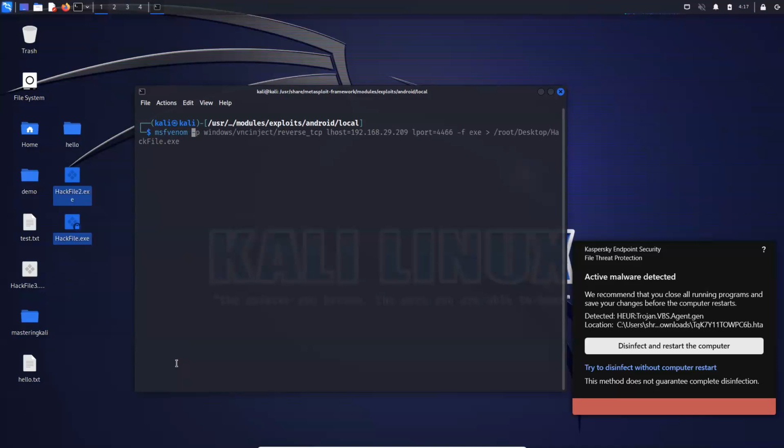There are some requirements. Suppose you want to do reverse TCP injection, or use the VNC inject exploit, in that case you need to create payloads. Otherwise, like the HTA server, there was no need of creating anything, right? So there are some ways which are different sometimes. Suppose you want to create one for Android, like most of you are asking for, you can simply do it like this, Android